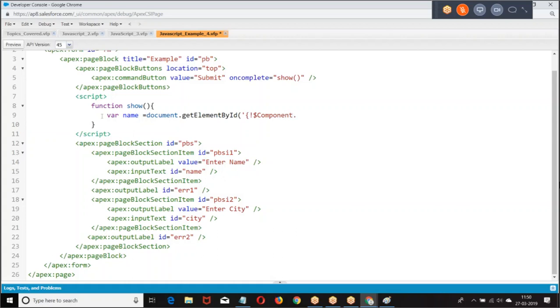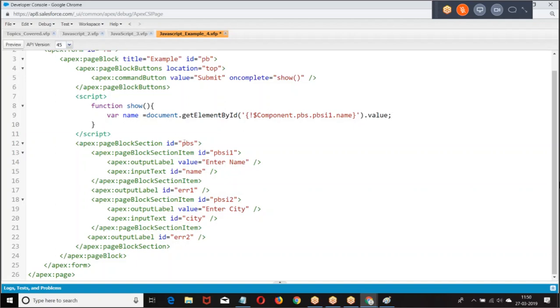Now from my location, what are the elements we have? Page block section, page block section item 1, dot. What I was doing is, from the location where I am, I am giving the remaining path.